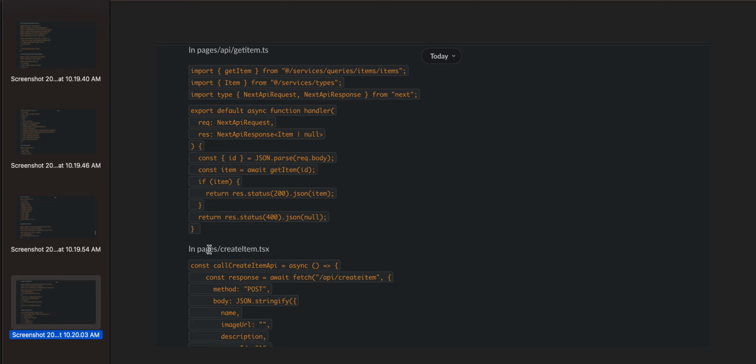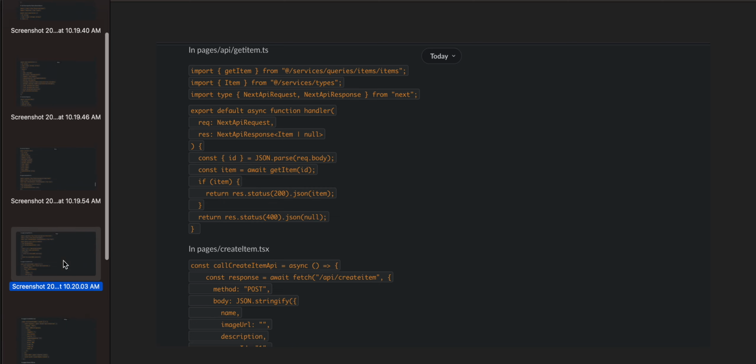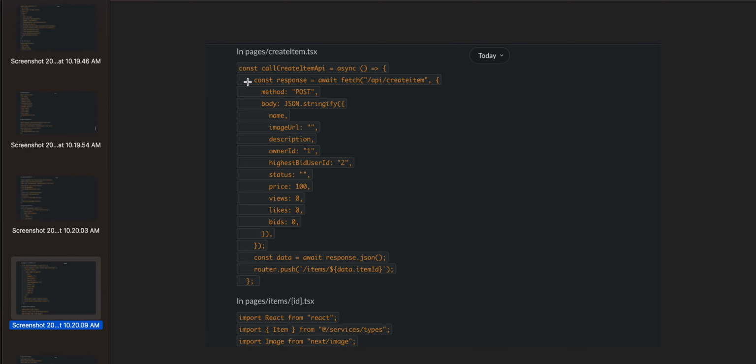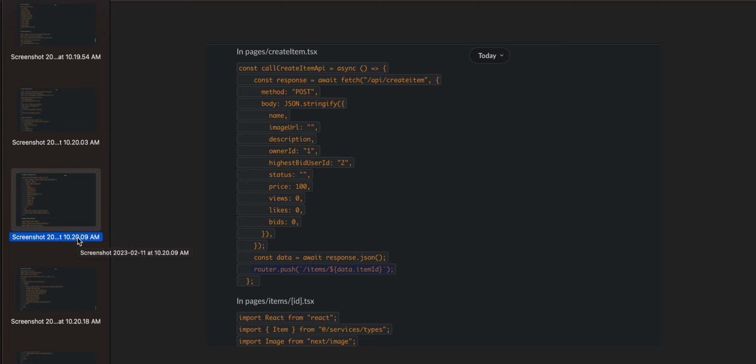We had already created pages slash create item.tsx in the last video, and we have also done this API calling. The only thing you have to add is router.push slash item slash data dot item id. So it would redirect to that particular item